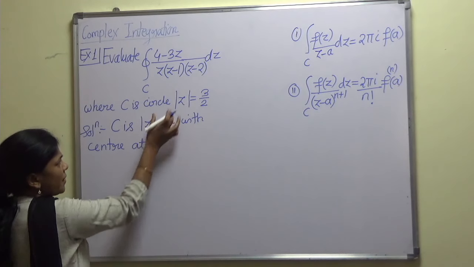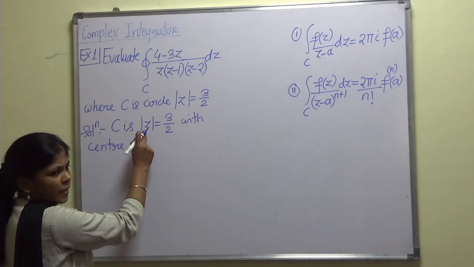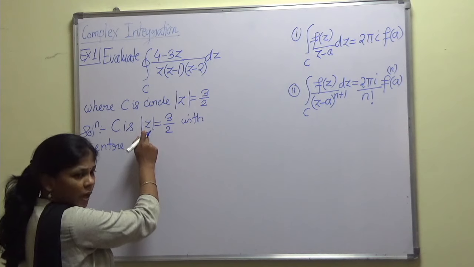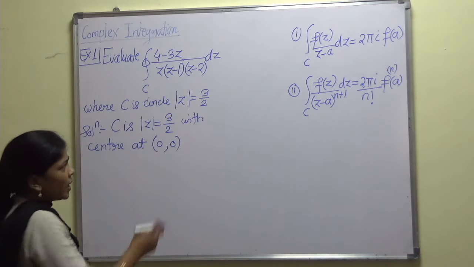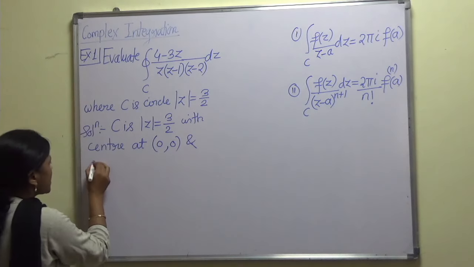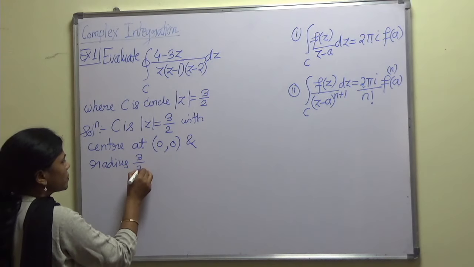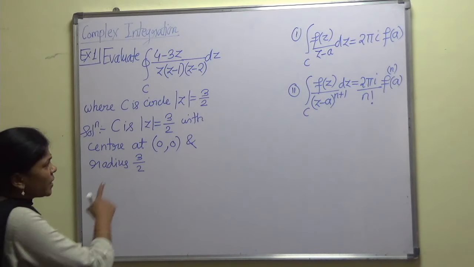In this, leave the right hand side, and in the left hand side leave z. What is left here? Nothing is there. It means its x coordinate as well as y coordinate are both 0. So that's why the center is at 0, 0. And the right hand side gives the radius, so the radius is equal to 3 by 2. In this way we get the circle with this center.